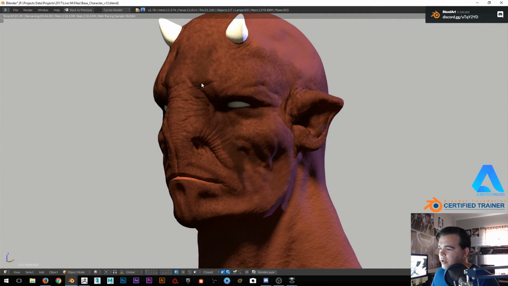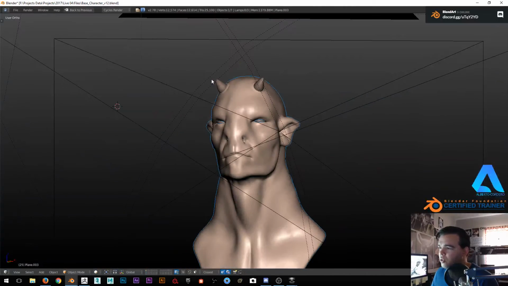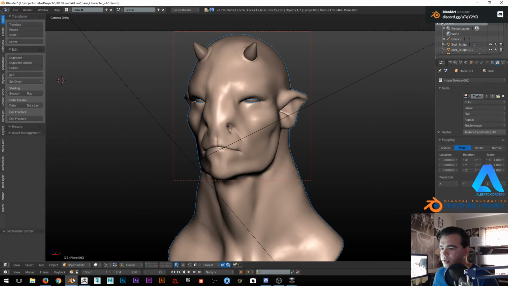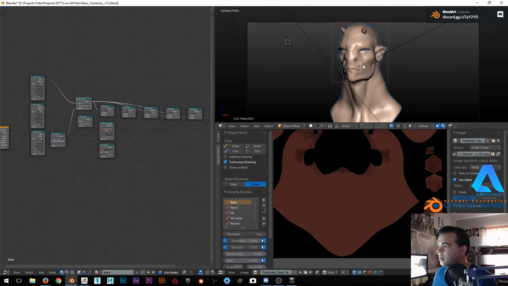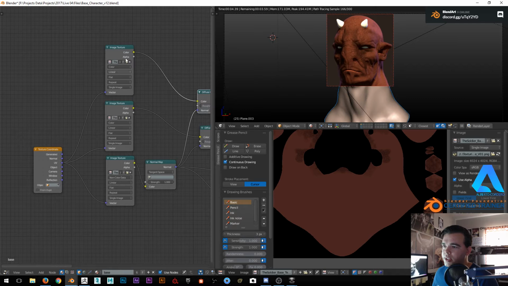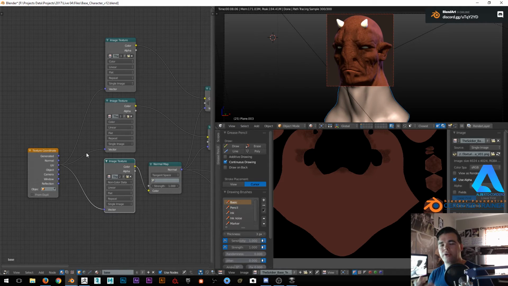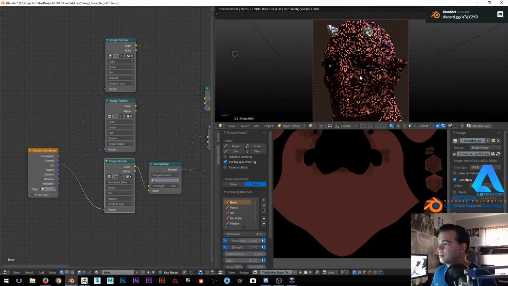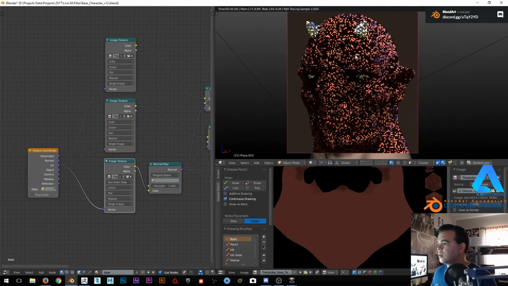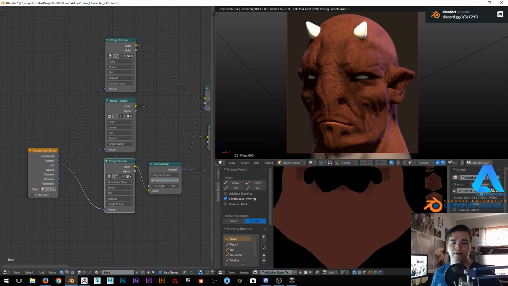Alright guys, so let me explain a little bit more the process that we did today, okay? We're using two different textures in this case, and we're using a texture for the normal map. Okay, the normal map we generate from